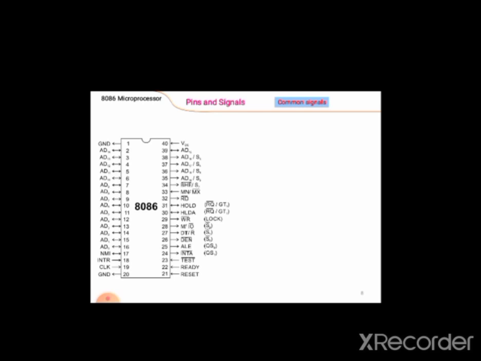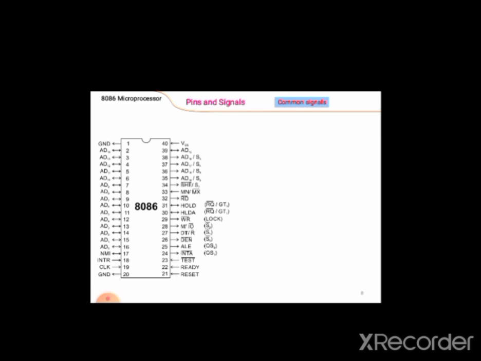So these pins A16, A17, A18 and A19 check the status of segment registers, right? In that, S4 and S3, these two pins check the status of the segment register.